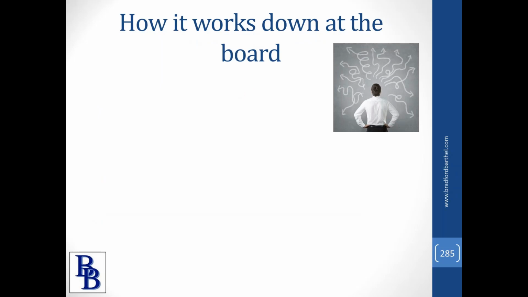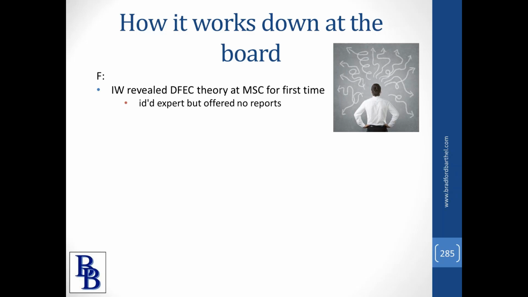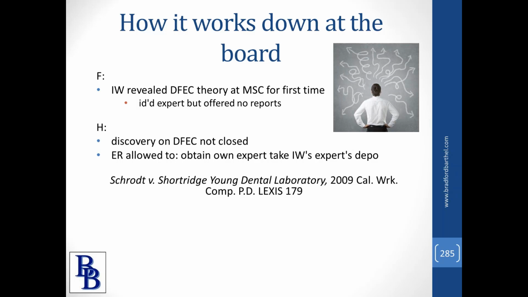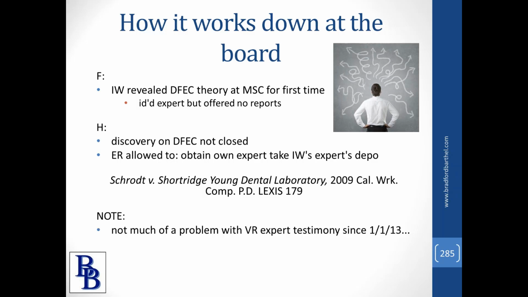So here's how it really works down at the board. Let's say at the MSC, the injured worker reveals that they're going to have a diminished future earning capacity theory. They identify an expert by name, but offer no reports. It was held in this situation that discovery on the DFEC, the diminished future earning capacity, was not closed. The employer was still allowed to get their own expert and take the testimony of the applicant's expert witness. So this was a problem prior to 1113,